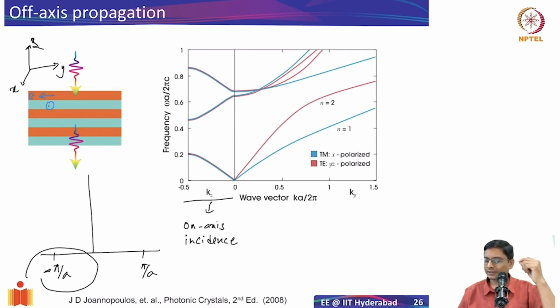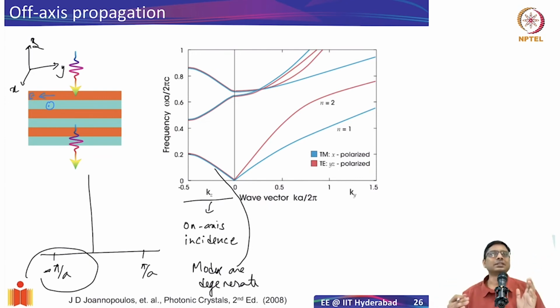When I have on axis incidence, you notice that in principle we introduce what is known as TM and TE modes that can exist as solutions to the electromagnetic waves, solutions to Maxwell's equations. Now when you have on axis incidence, the modes that can exist here are degenerate. Degenerate is a term we use to essentially say that the modes coincide. So you can't physically distinguish between a TE and a TM mode when you have on axis incidence. But interesting things can happen when you have incidence from off axis.